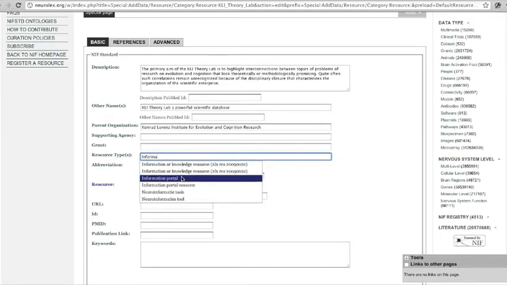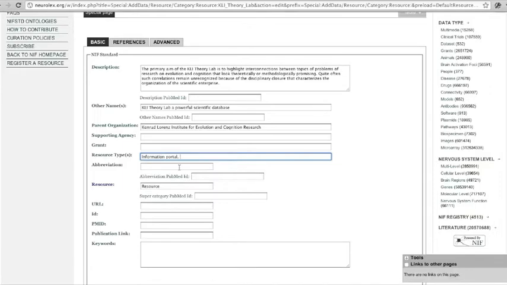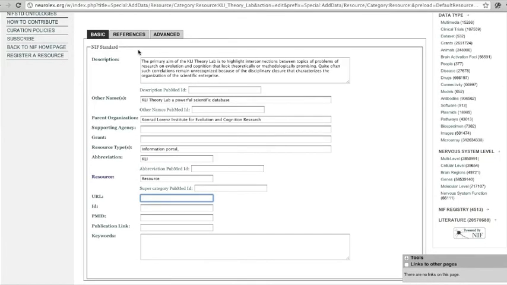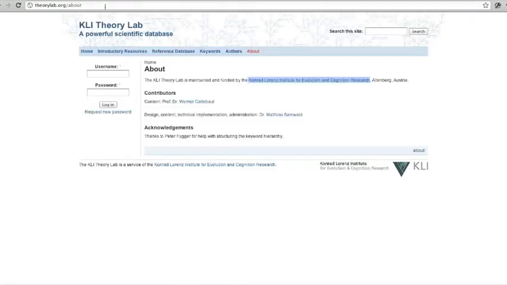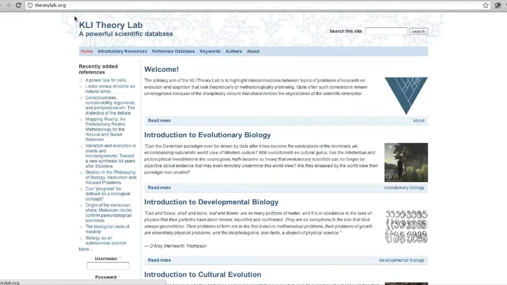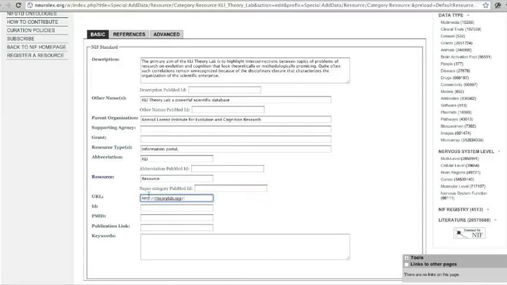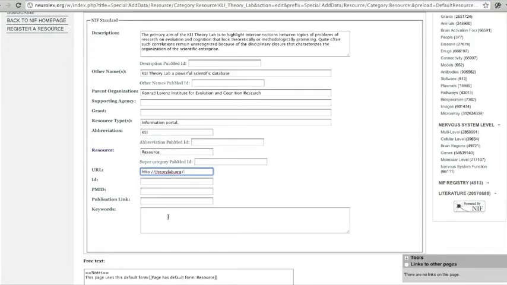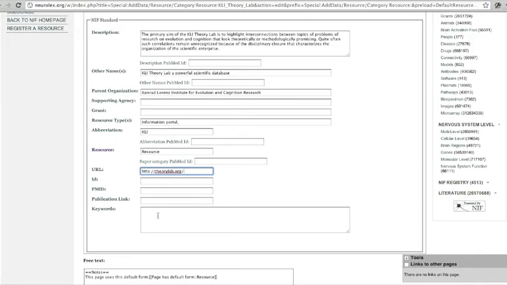And you can see that it auto-completes nicely, so I'm going to put information portal. Abbreviation, I'll just put KLI. And of course, the URL is something that we want to include. So I'll go up here, make sure that it's the home URL, copy that, put it in there. The ID will automatically be generated, and I'm going to put in a few keywords here for